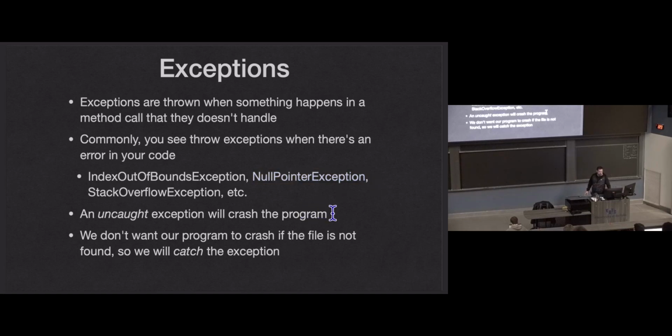When the program is crashed like this, it'll print out the stack trace and the exception type. So you've seen this in IntelliJ, but just to explain what it's actually showing you, it'll tell you the exception name and sometimes some extra error message associated with that exception. And then it'll print out the stack trace, which goes to every stack frame that was on the stack when the exception was thrown and asks it, hey, what were you doing when this exception was thrown? So you see all the stack frames will tell you which line of code it was executing and which character on that line it was executing when the exception was thrown.